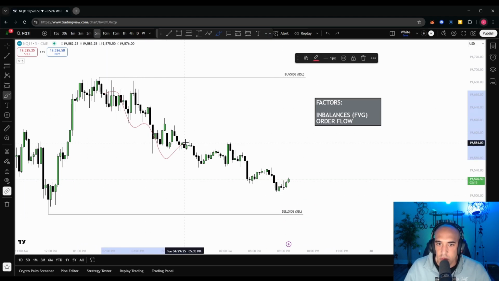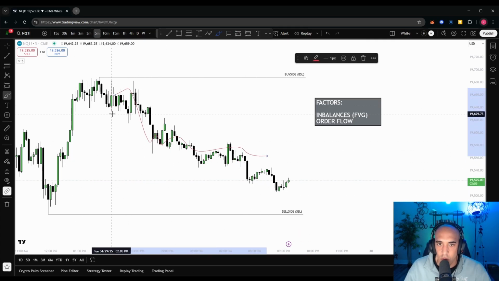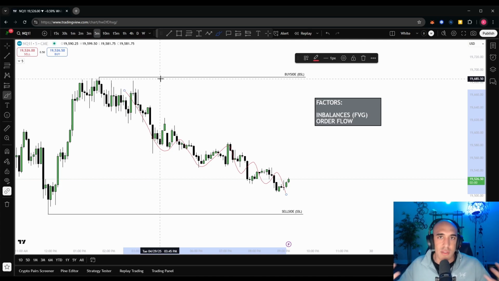There's a reason why we're moving like this. Nothing is on accident in the stock market. It's not just because people are hitting buy and sell and it's moving. That's not why. It's ultimately being driven by algorithms and millions and billions and trillions of dollars that we don't really control. We being the retail, right?